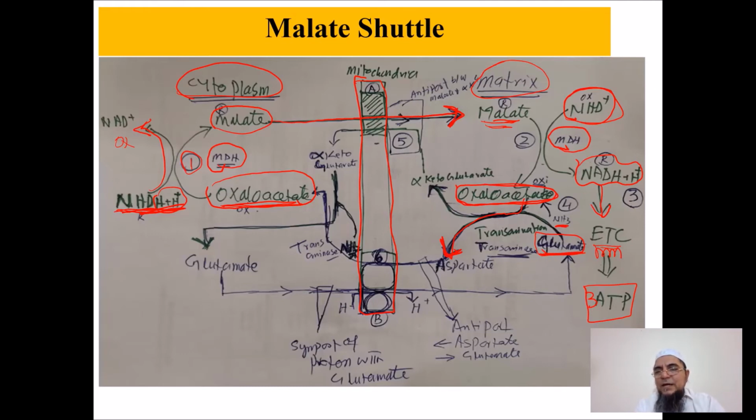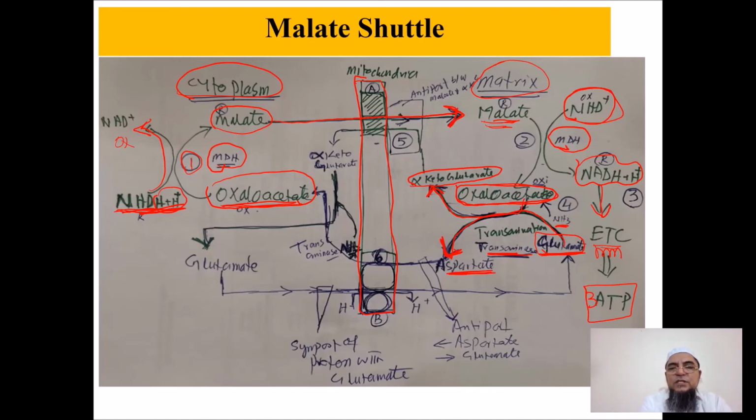Clear? When glutamic acid releases this amino group, it will convert into, here you can see, alpha ketoglutarate. This process is called transamination, and it is catalyzed by the enzyme transaminase. What is transamination? Transamination is a process where an amino acid releases its amino group and converts into a keto acid. And when this amino group is attached to another keto acid, that keto acid is converted into a new amino acid. This is the process by which the non-essential amino acids are synthesized in our body. Clear, guys?